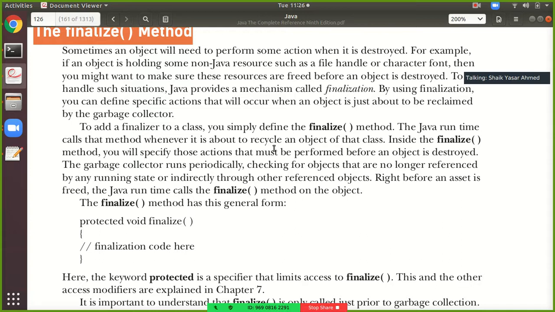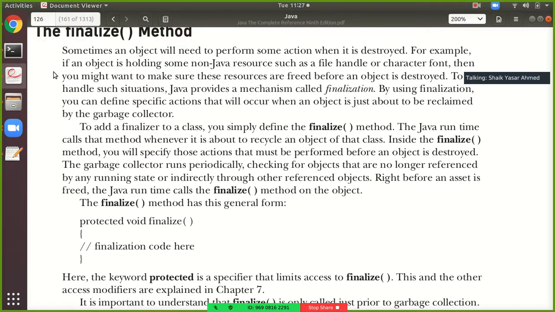After the files are closed, you can destroy. So before the object gets destroyed by garbage collection, it sees that there is a finalize method. Inside the finalize method, the code for closing the files will be written. After that is implemented, the garbage collection will be implemented.